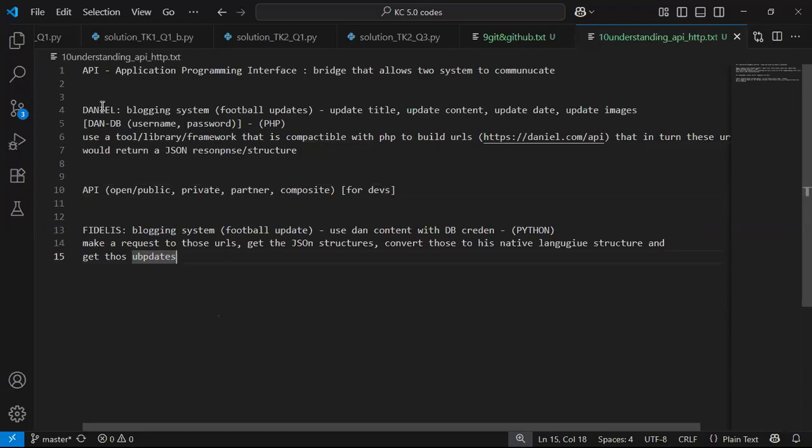So it means that Mr. Daniel here and Mr. Fidelis here are both developers, but it happens that both of them are building the same system. The difference is that Mr. Daniel somehow has a connection for getting live updates, or should I say, getting this update quickly. So Mr. Fidelis here doesn't have such ability. So Mr. Daniel can share this update with Mr. Fidelis, a fellow developer, without sharing his credentials, which is his database username and password,